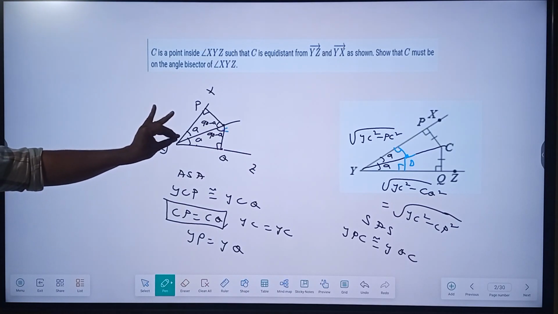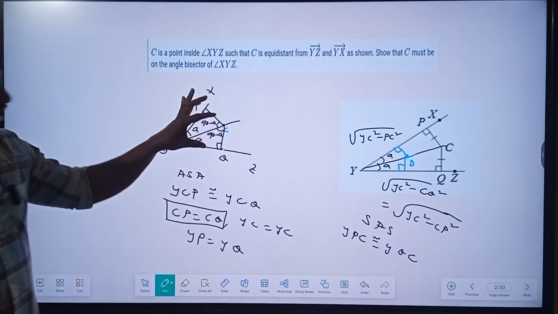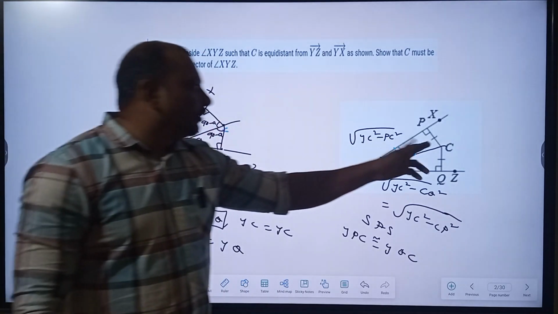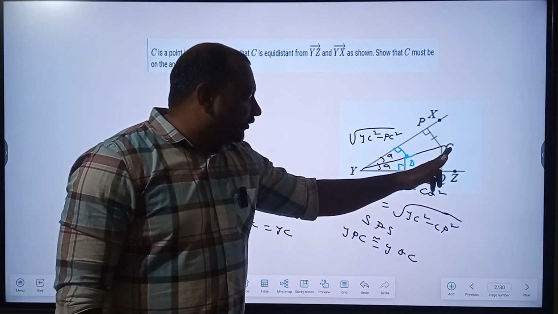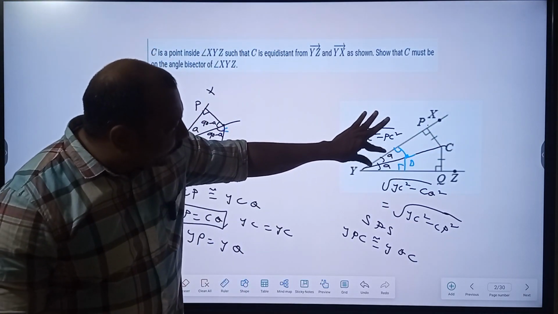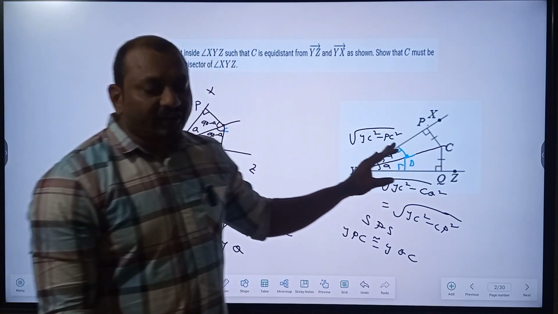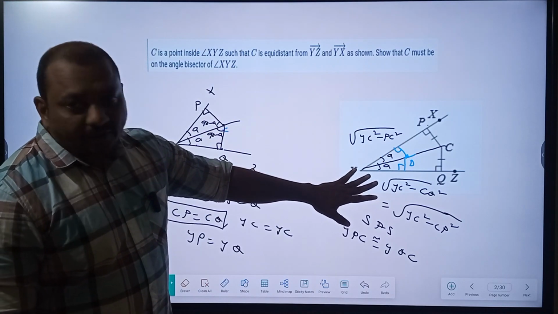By treating this as angle bisector, we have proved every point on this angle bisector is equidistant from the sides of the triangle. Okay, they are given some point C which is equidistant from the sides of the triangle. We have proved these two angles are equal, but nothing but C lying on the line which bisects the angle